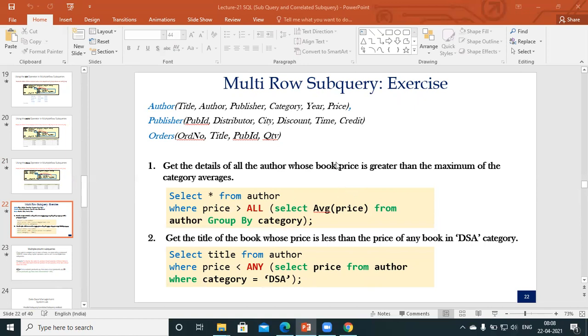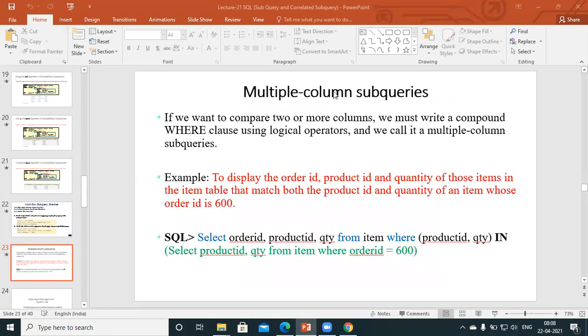Okay, fine. So in the subquery, we have also seen the multi-column subquery. A subquery is basically applied where it returns a single row or multiple rows. If the subquery is applied on multiple columns, then it is called a multiple column subquery. The example given is: select order ID, product ID, quantity from item. All these values we have selected as a tuple.